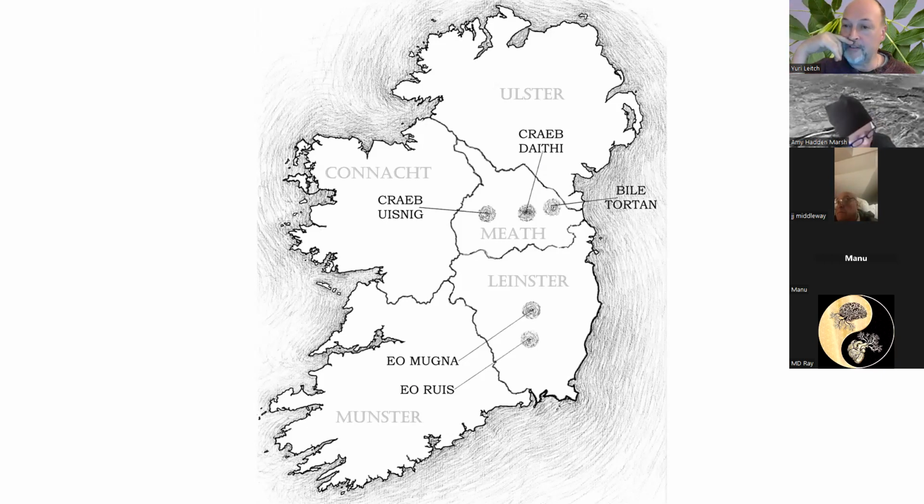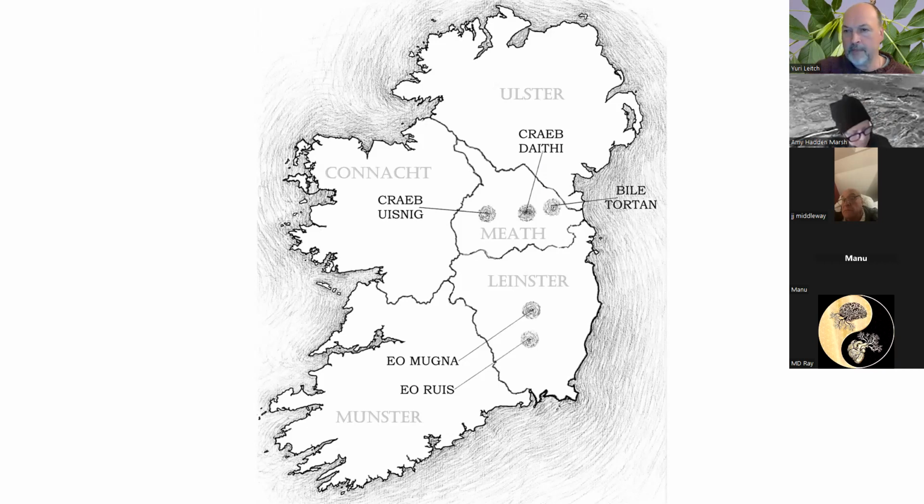So just like Norse mythology, with Yggdrasil being the world tree holding everything together, in the center of Ireland were the three ash trees. Now, I don't know if it's coincidence or not, but the three ash trees going kind of horizontal and the two yew trees going vertical looks a lot to me like Orion's belt and his sword. That's just a thought that I'm going to throw out there, but it's very interesting. No trees for Ulster, Connaught, or Munster. So the story of the five guardian trees just relates to Meath and Leinster.